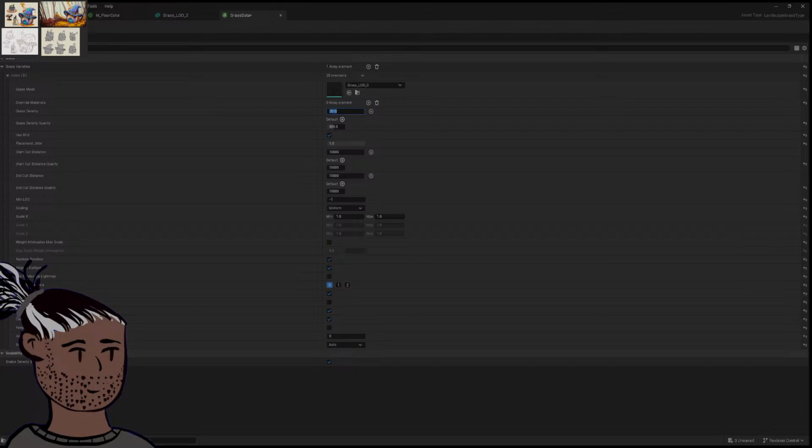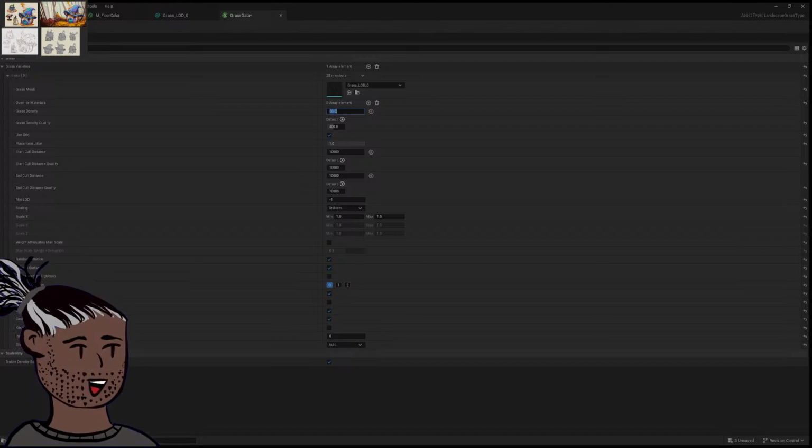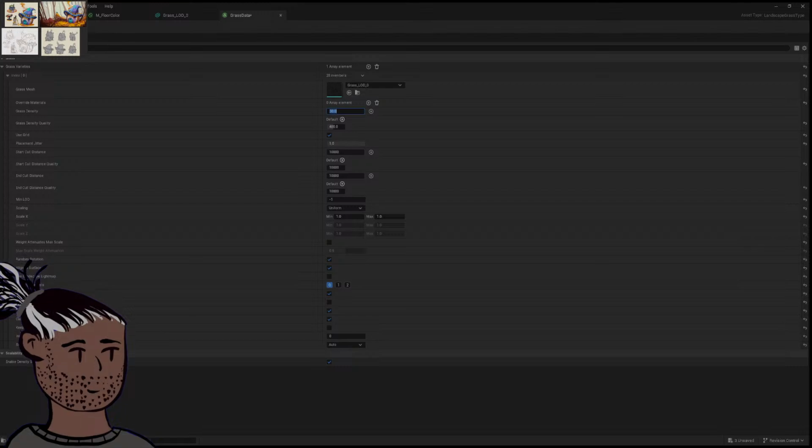I'm going to focus on another solution, which is to instantiate grass using the landscape. So first I obviously need some kind of landscape, right, and have a material assigned to it. So you need to create a landscape